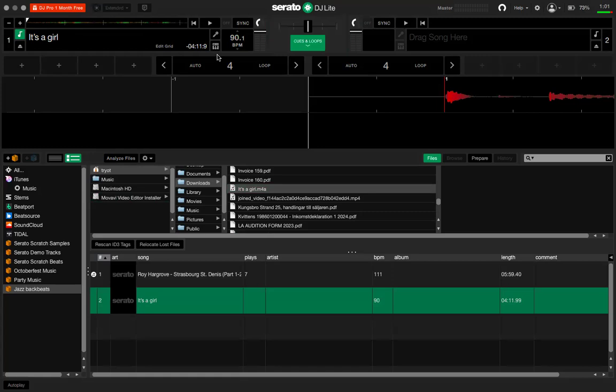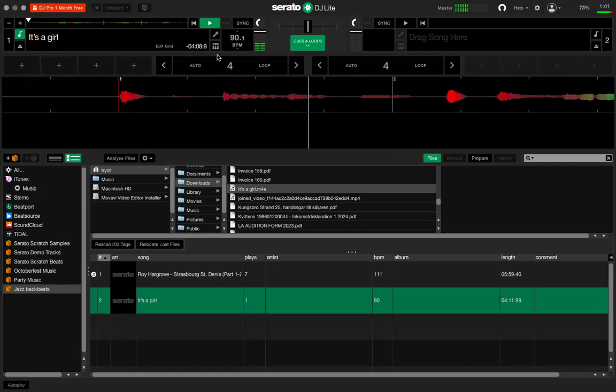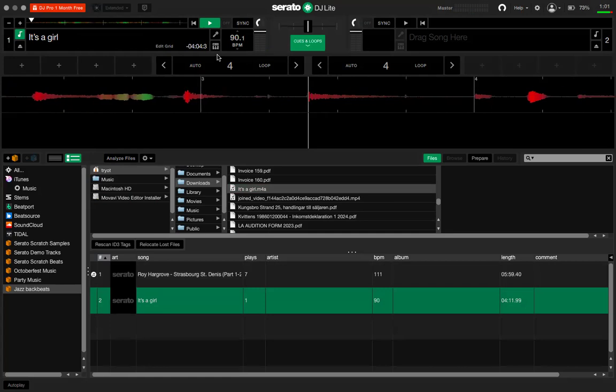So if you just listen to what it sounds like. So yeah, and if I push this little button here, this little keyboard,